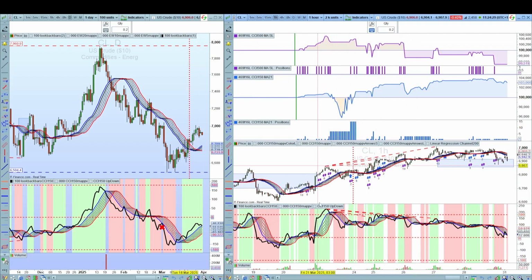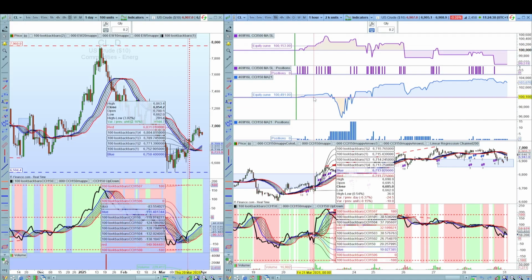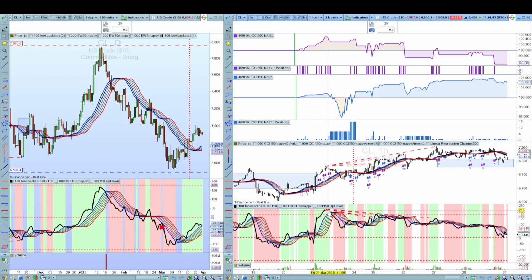Now, in this case, that first little jump would have been okay, and you would have closed out the first lot there with a little gain on the stop loss approach, and a little gain there as well on the average down approach. Now, since then, as we said, you would have entered, and then the price started to fall off, and so did the CCI, but the price started appreciating from there, and the CCI started to drop, and that's where you would have noticed the bearish divergence. So that first one would have been a bit of a potential risk, but it paid off, and you probably would have taken your money off the table and stopped taking trades somewhere along this period here, when the first major peak happened on the CCI versus the price. So somewhere around this area, you would have been wise to take your money off the table